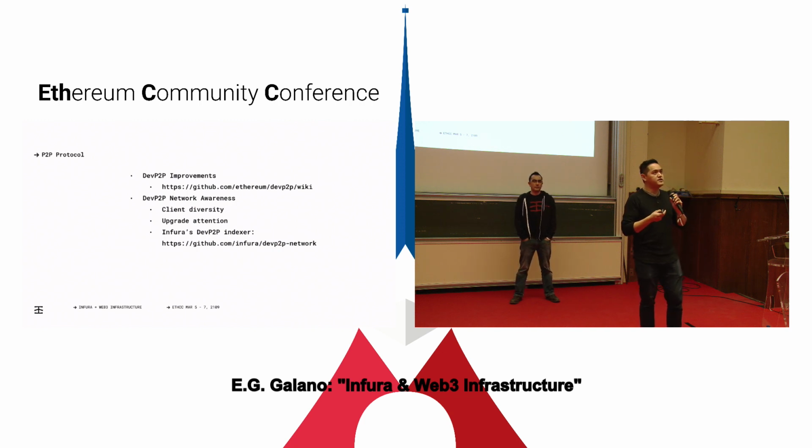It's really difficult to understand the health of the network because you really have to have a centralized point to understand the state of the network. And for the longest time, the source we went to as a community was Ethernodes, where we could see how many nodes were currently running, what clients were running, and whether most of them were up to date. But that was pretty much it. And so earlier this year, we started developing a tool that we called just the DevP2P network tool. It was a DevP2P crawler built on top of the Ethereum JS DevP2P client.